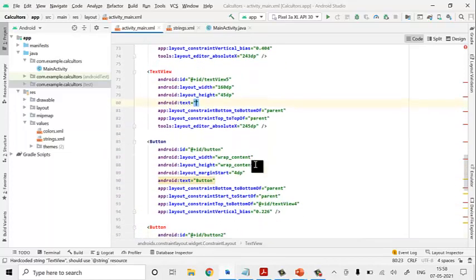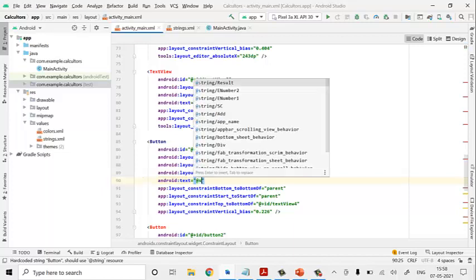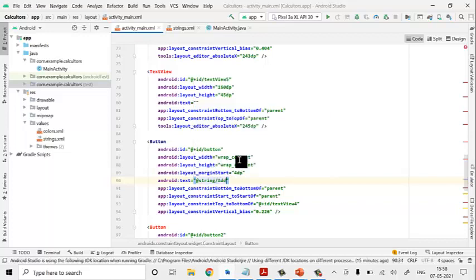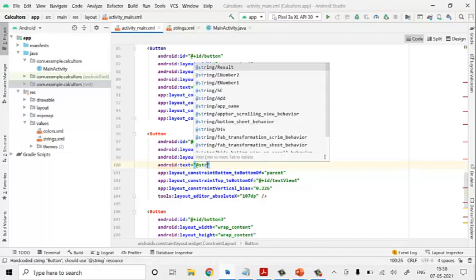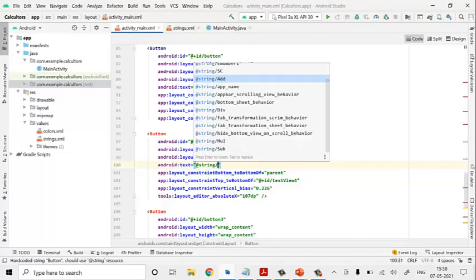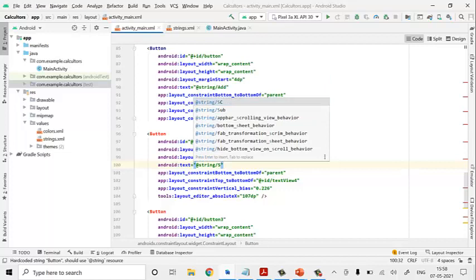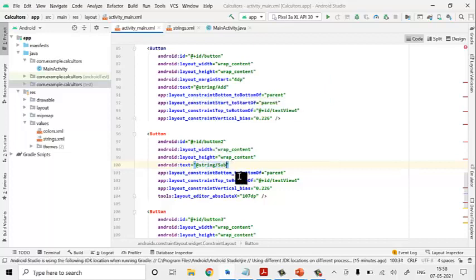Okay, now we have a button. Here again we have to check it out. At string we have add, this is the first one. Next go back, at string subtraction, yes, it's done.